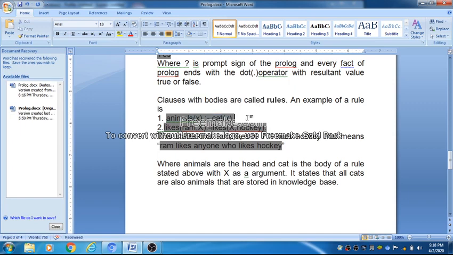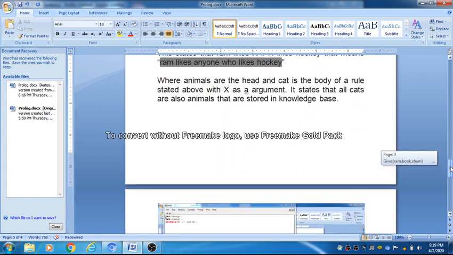If you want to represent Ram likes anyone who likes hockey, meaning Ram likes only those persons who like hockey, this can be represented as likes(ram, X) if likes(X, hockey). Ram likes all X that like hockey. This sentence can be represented in this very simple form, and in the same way we can store our knowledge base.